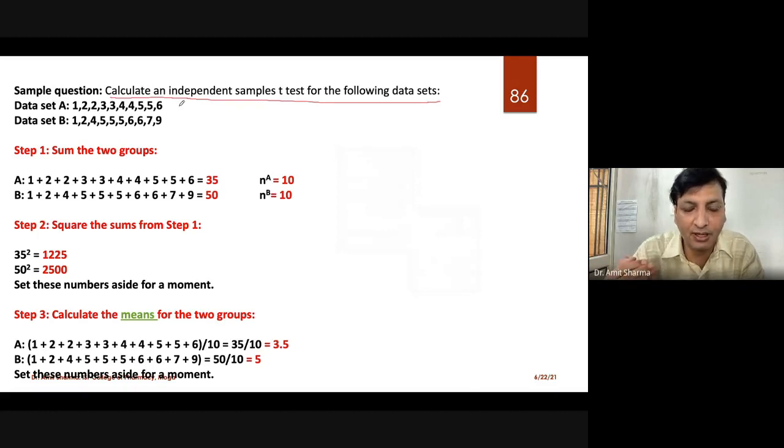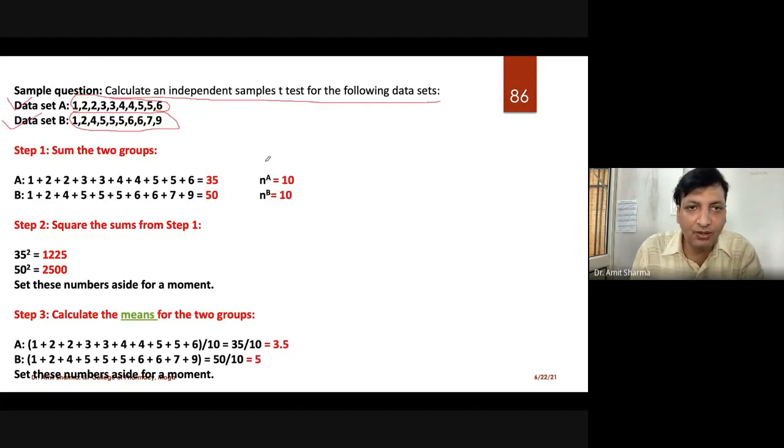That means the examiner is going to give you data sets of two different populations, for example a data set for A and a data set for B. Now, what is the null hypothesis of this test? That the data set of A is equal to the data set of B. You have to reject this, and only then can you say that the test was found significant.